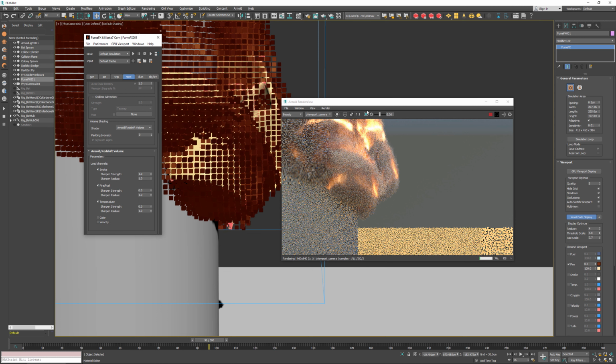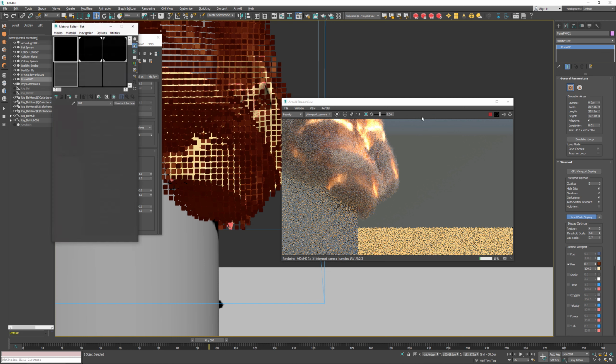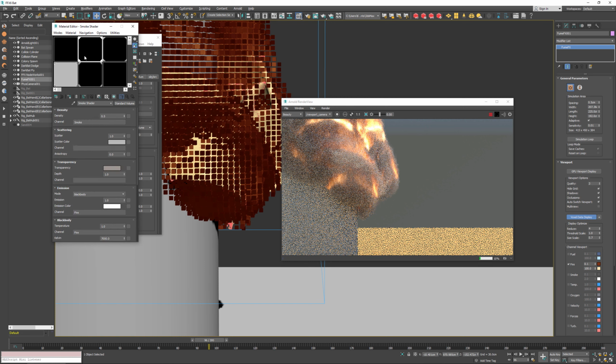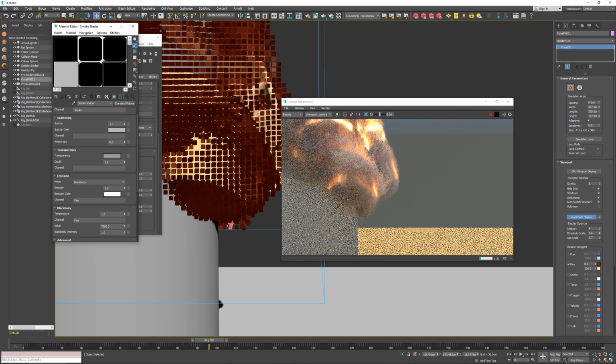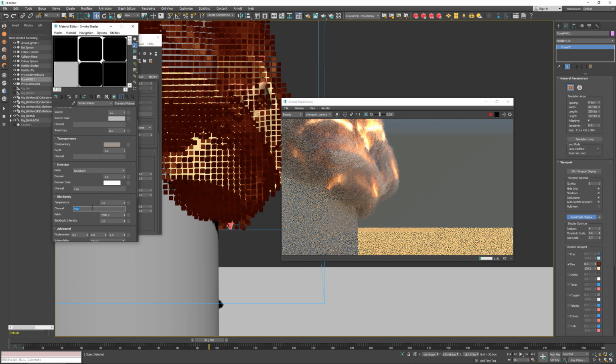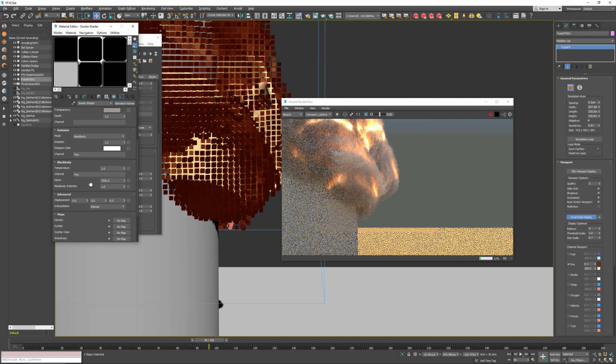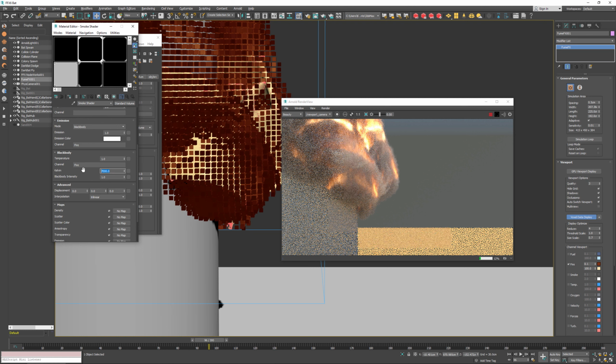The same thing is if you're using Redshift renderer. Now you need to assign for the Arnold, it's the standard volume material, and we're going to use smoke shading and using fire and temperature for the fire rendering with the black body